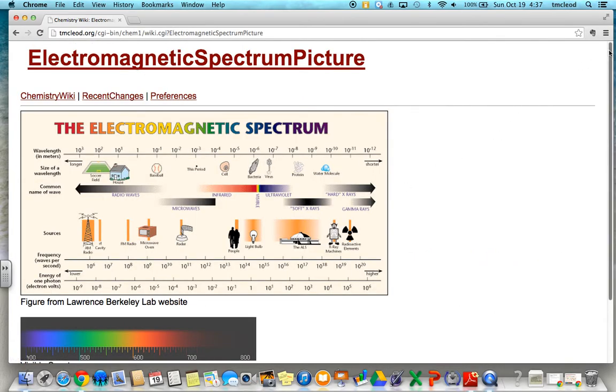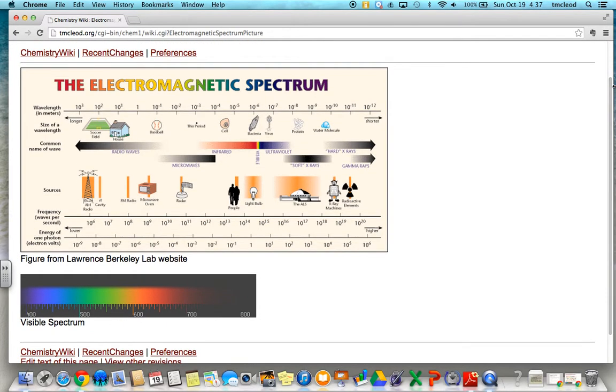So this is the electromagnetic spectrum. The wavelengths get shorter as you go from left to right. The frequencies therefore get higher as you go from left to right. And it gives you some normal sizes of the wavelengths for the various types of energy names. As you can see, there are radio waves, microwaves, infrared, visible waves, ultraviolet waves,